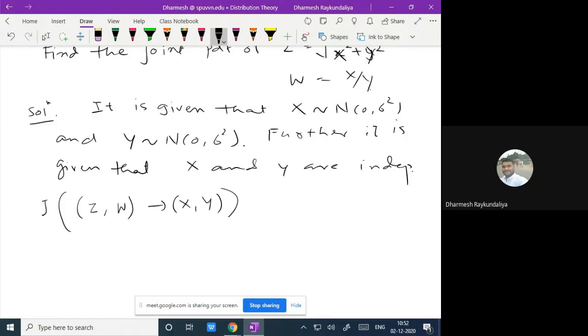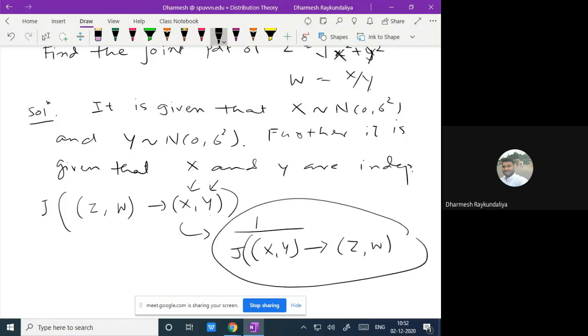But what is our objective? Our objective is that we have given the value of X and Y, and we are interested to find out the Jacobian of XY to ZW. So whenever we are finding the density of ZW, we have to use this Jacobian. We have to just take the inverse of this. Why? Because the value of X and Y is given, and we are calculating the Jacobian of XY with respect